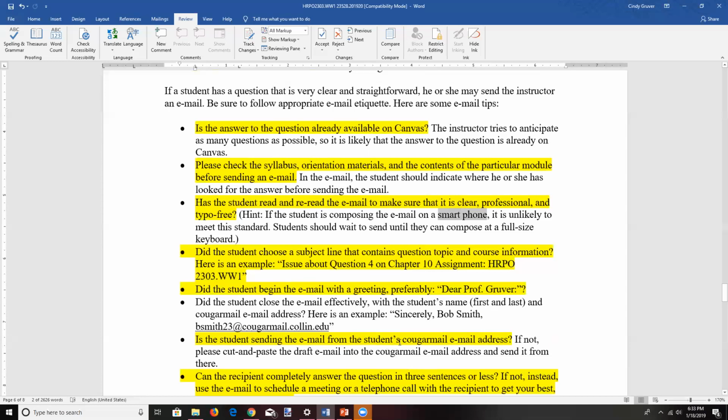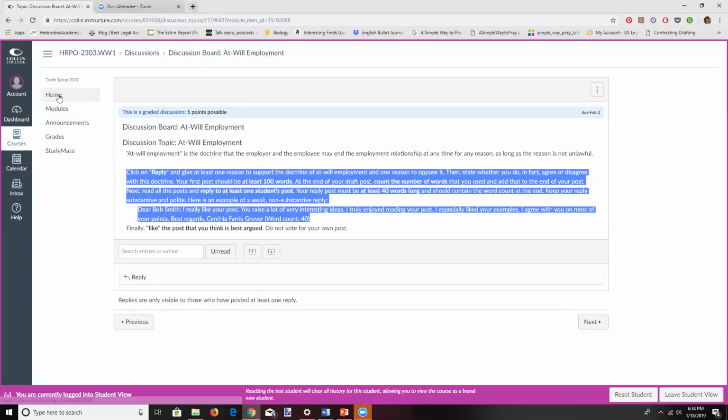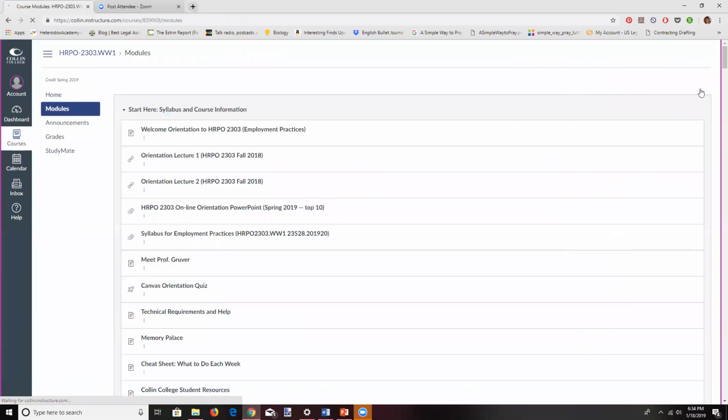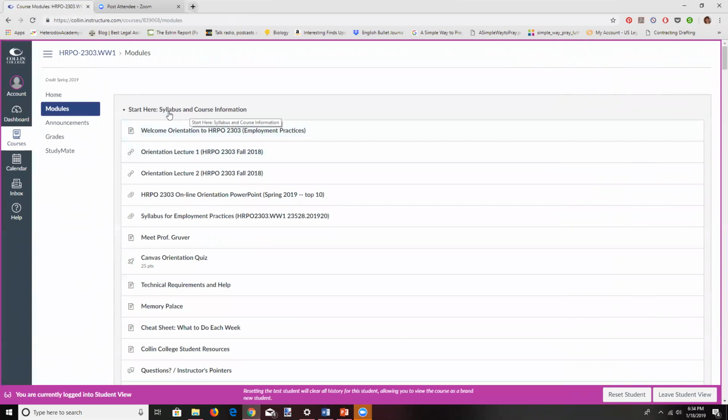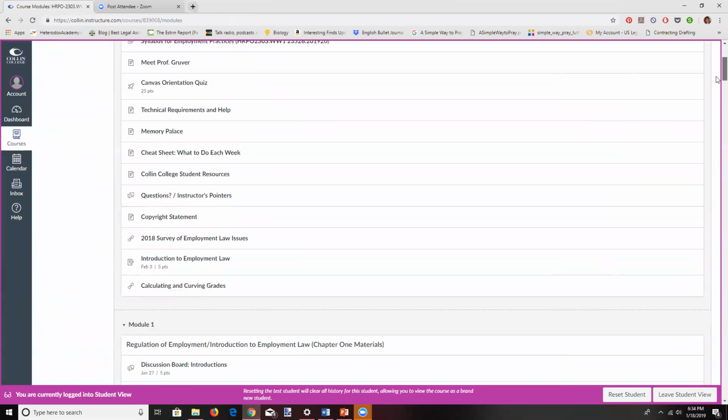Another thing to keep in mind is that when you correspond with your instructors, you need to do that from your Cougar Mail email address. Instructors are really not supposed to be using students' personal email. If you want a record of your correspondence with your instructor in your personal email, you have a couple of choices. One is you can CC yourself on your personal email address from your Cougar Mail. Another option, let me show you this one, is if we go to modules, scroll down, we're still in the syllabus course information module. You scroll down here, you'll see that there is,